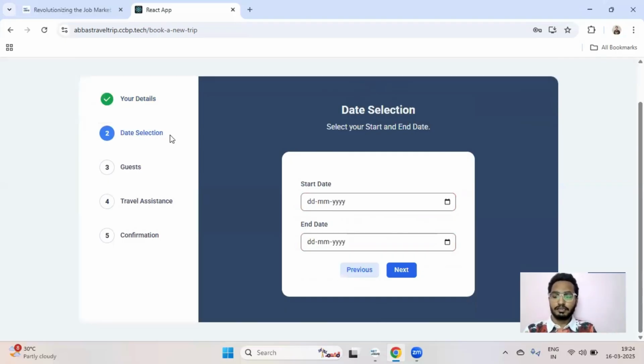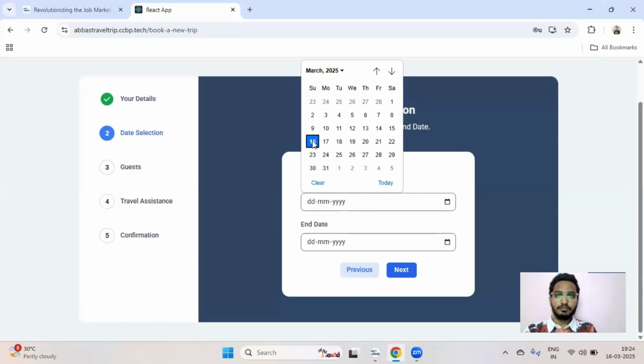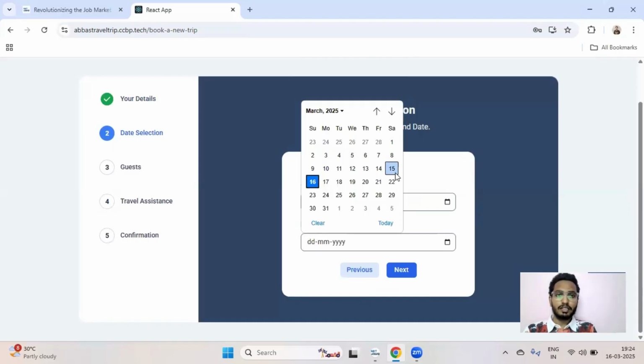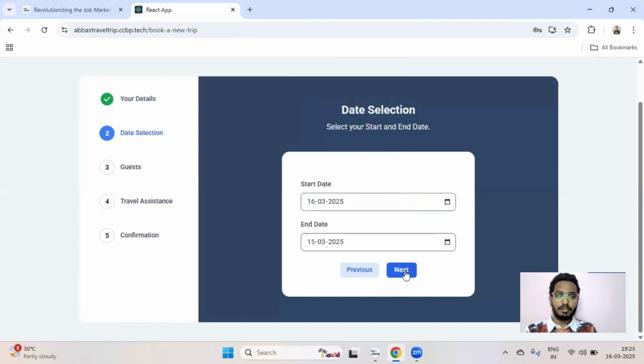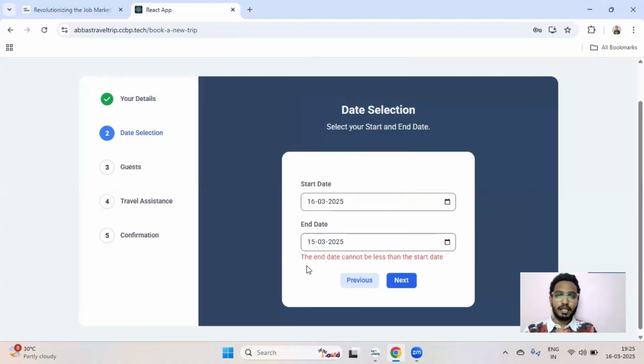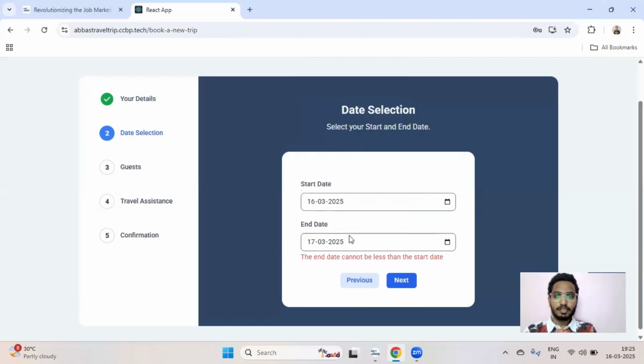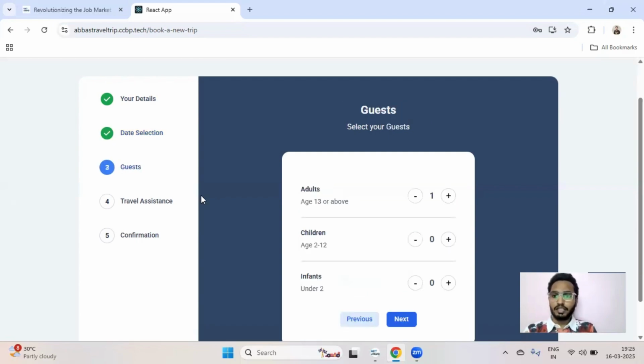Now we are in date selection. Okay, now this is active. Step two is active. Now we are having this date selection view. In this date selection view, we want to provide start date and end date. Okay, first start date I am providing a 16, and end date should not be less than start date. If I am providing 15 and I am clicking this next button, here I will be having the error message: the end date cannot be less than the start date. Okay, so we should always provide greater than the start date. Okay, now if I click next, it will go to this